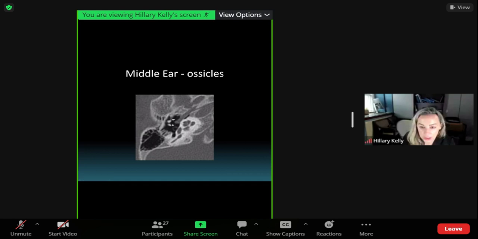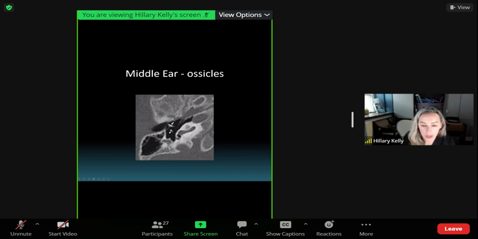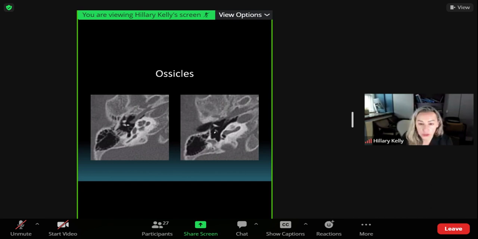Now, when you're following the malleus anteriorly and the incus posteriorly, once you get to the stapes, you should make note of the long process of the incus. You should always be able to see it at least one slice below the incudostapedial joint to make sure that there's no bony erosion from cholesteatoma or resorption from chronic inflammation. So the tip of the long process of the incus is the only part of the ossicles that can be missing just from chronic inflammation, from what we call hyperemic resorption, where chronic